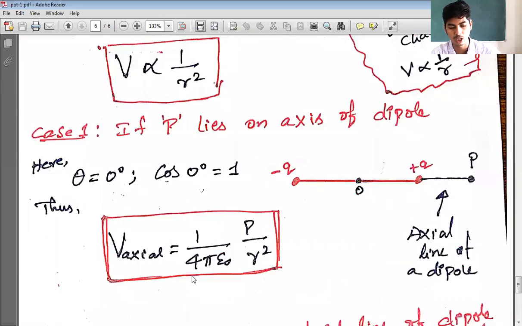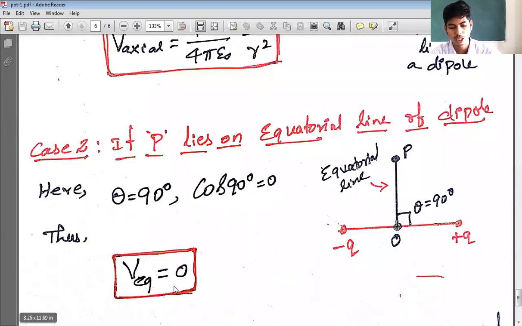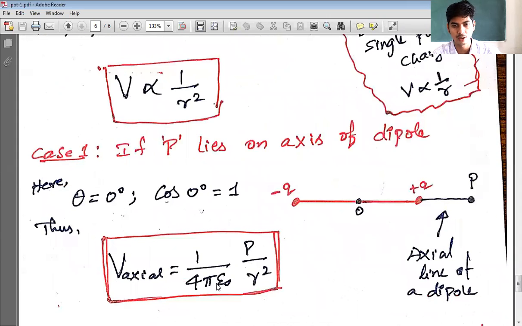So the electric potential at a point on the equatorial line of a dipole is zero. At a point on the equatorial line of a dipole, there will be no electric potential. There, electric potential will be zero. At a point on the axial line of a dipole, electric potential will be 1 by 4 pi epsilon naught